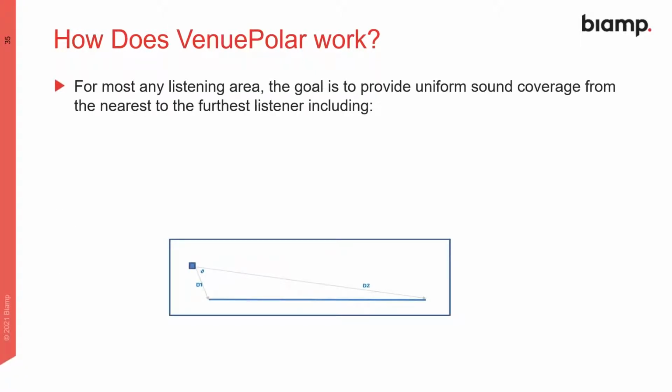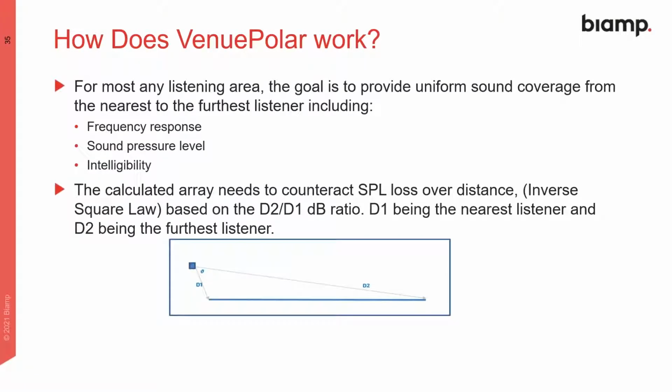So for most any listening area, the goal is to provide uniform sound coverage from first to last listener. Sometimes we have the right hang height, sometimes we don't, but help us answer these questions using VenuePolar. We want to have even frequency response through the space as well as sound pressure level. Ease Focus 3 doesn't have anything to do with intelligibility, so you have to first ensure that IV6 is appropriate for the space, because intelligibility is right up there on the list of things we have to achieve for a successful system. We need to calculate an array that overcomes inverse square law,